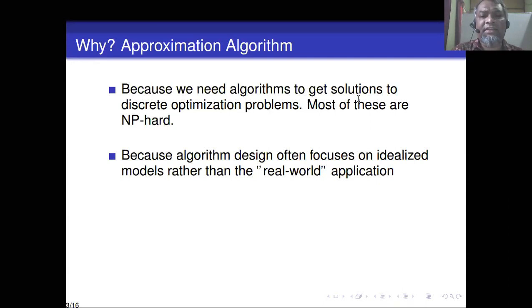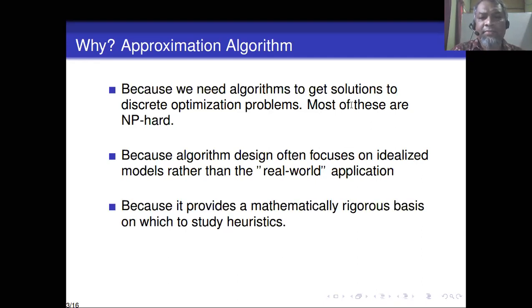In fact, if we want to use it in a real world application, then there are many constraints we need to meet, and that makes the problem difficult. And when we study approximation algorithms, sometimes we assume a simplified model, and this gives us insight into the problem, which helps us to face the challenge with the problem,